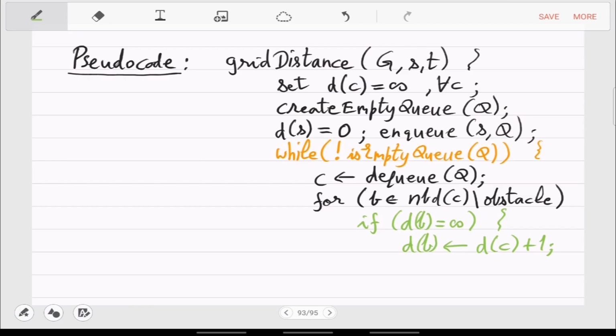When you go to look at its neighbor, you also know its distance as +1. So dB now falls from infinity to dC + 1. Now it is accessible and you know the distance, and since you know the distance, you enqueue it.